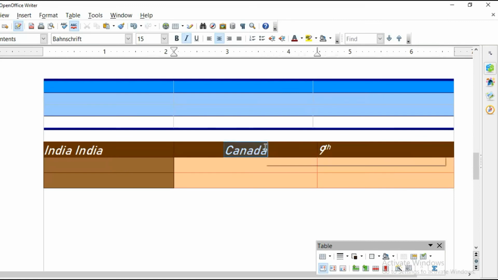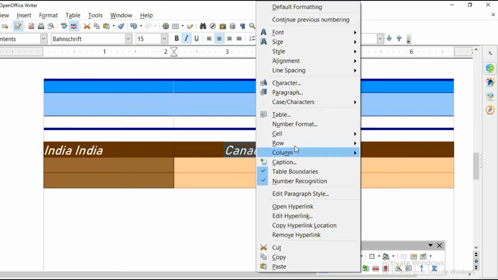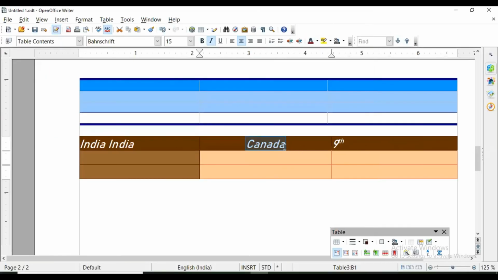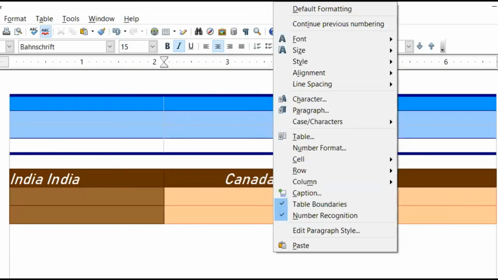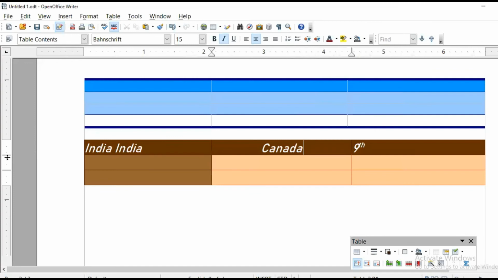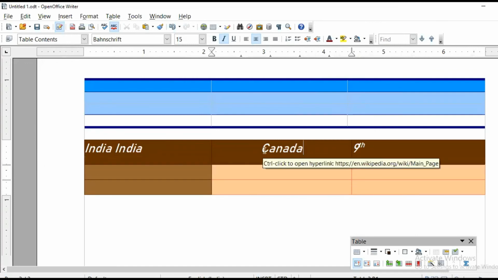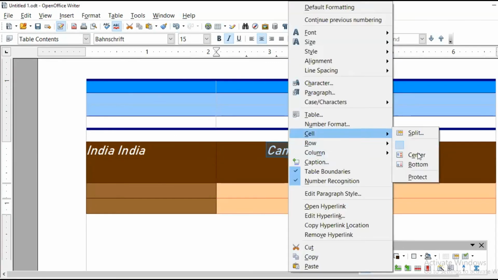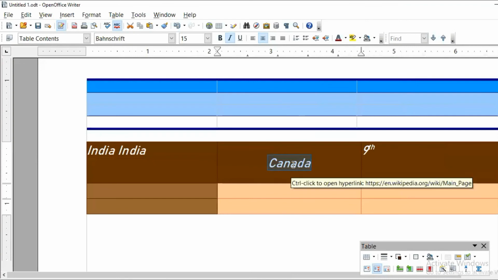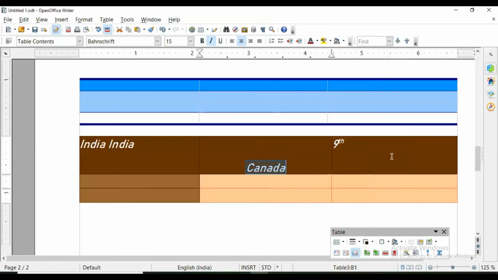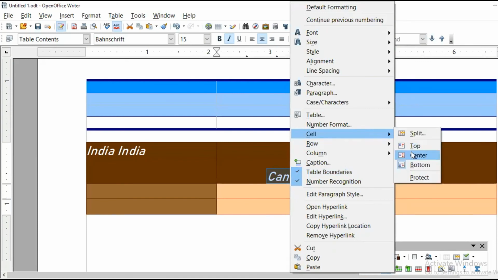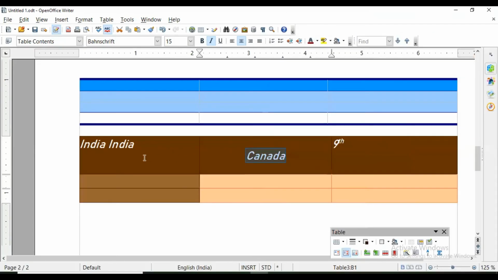For example, let's take this one, top. Now you will be able to see the change. This is center and this is bottom. So we are taking it center, like this.